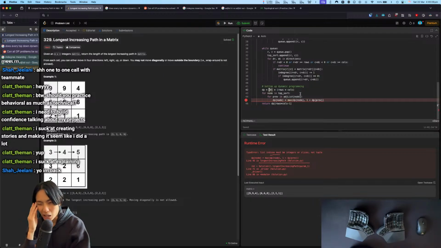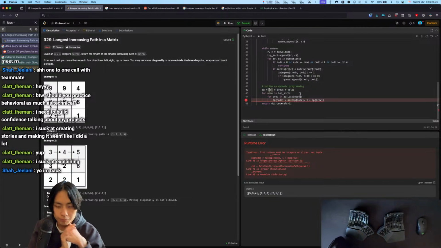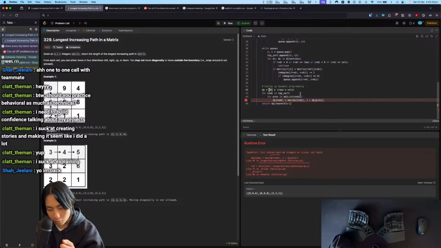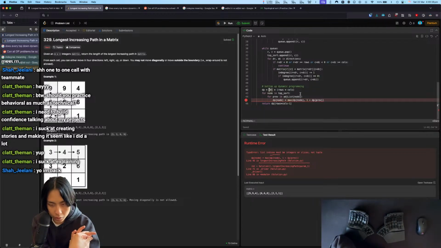Then how do you know you're on the last one? What do you check? DP of node. DP is 0. If DP is a dictionary,